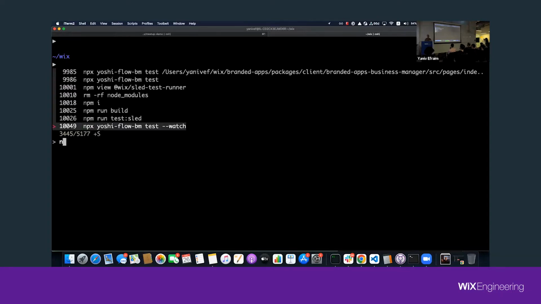So let's say that I'm a developer at Wix in one of the companies, and I want to develop a module for the business manager that we just saw. Back a few years ago, it was a task that took a lot of time. I had to integrate with this host, and I had to do a lot of integration. It was pretty complex. Today we have a CLI,